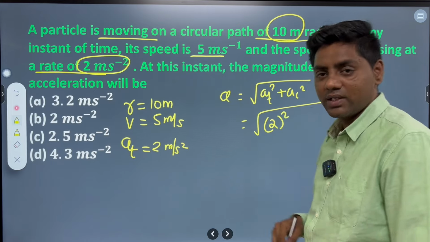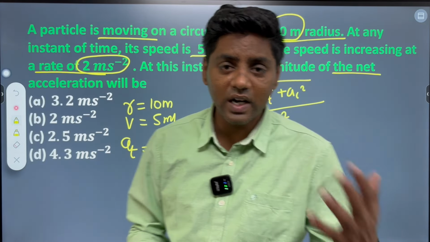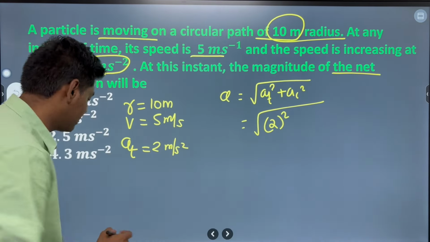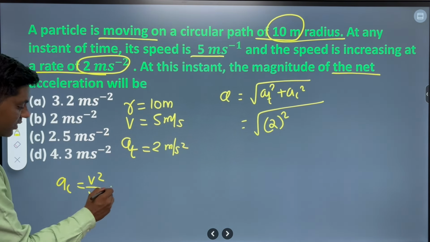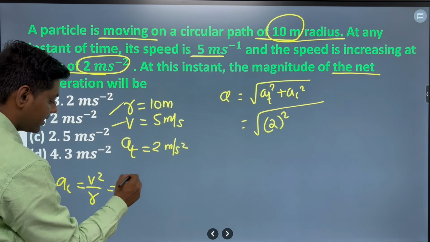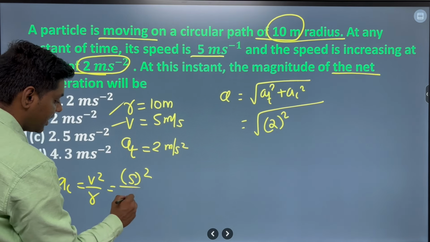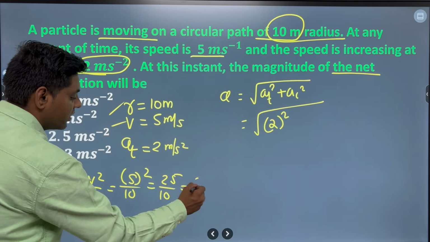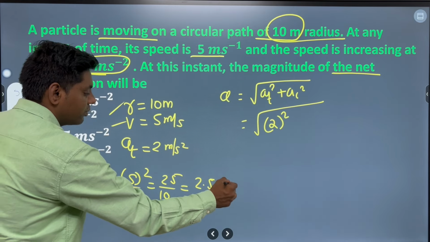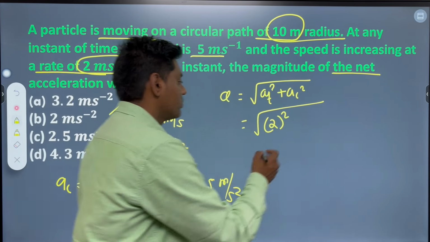What we require, that is AC. So how to calculate AC? Try to remember the formula, very simple formula. So that is AC equal to, that is V square divided by R. So substitute the value of velocity and radius, that is 5 square divided by 10. So it becomes, that is 25 divided by 10. So we get, that is 2.5 meter per second square. So therefore we put, that is